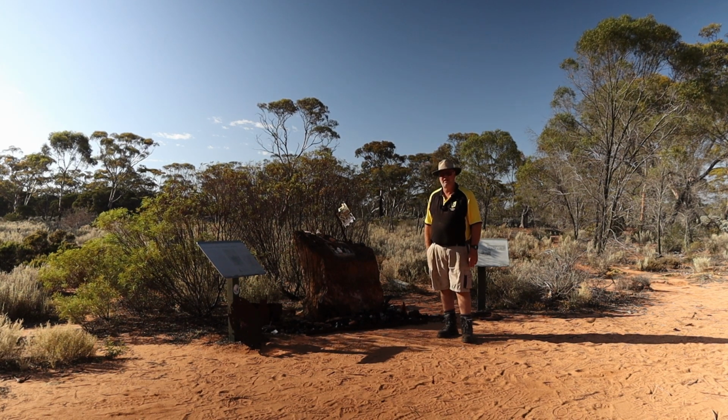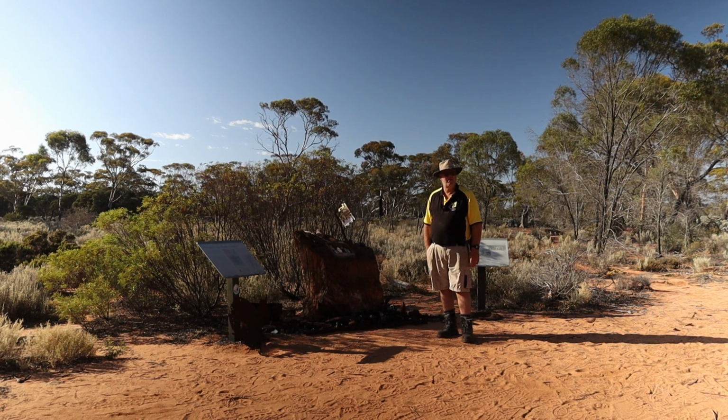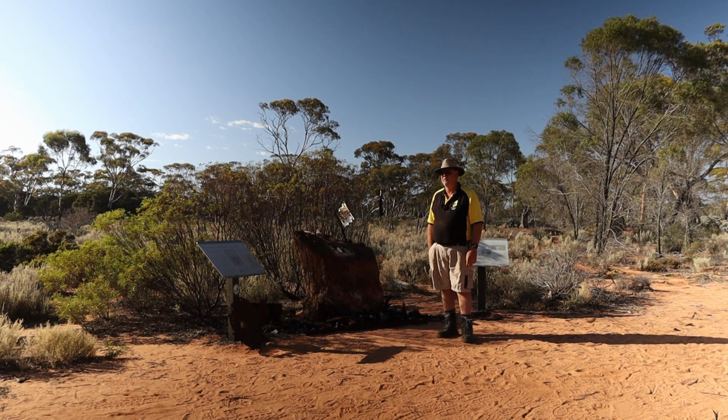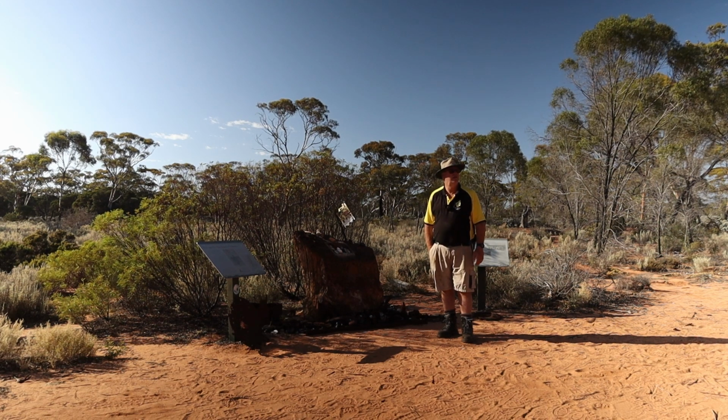This morning's not too bad. It's lovely and cool and the breeze is blowing. If you ever get the chance, come out this way. It certainly is worth a visit. We had a great camp here last night. Beautiful, beautiful night. We thought there was going to be storms, but nothing eventuated, and this morning it's